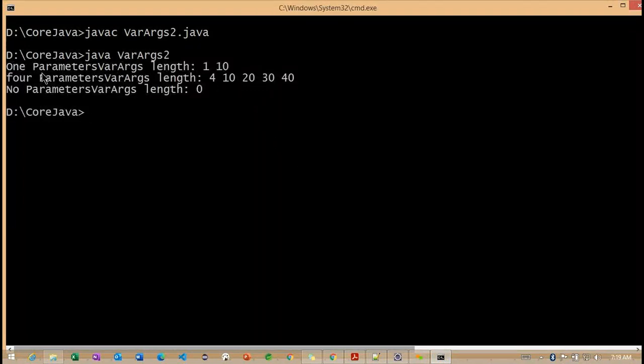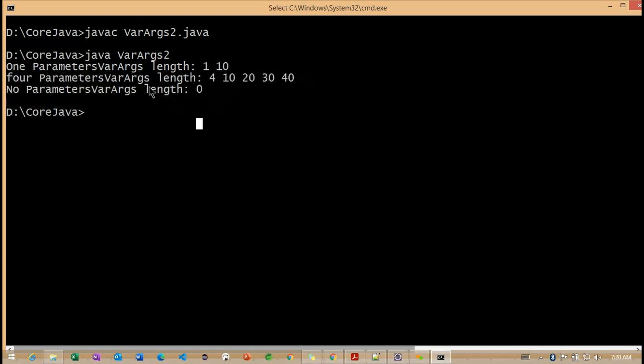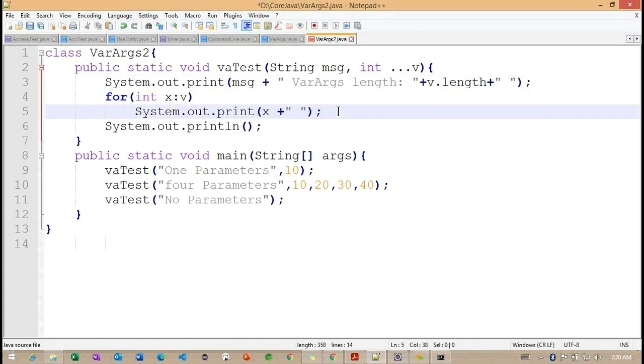And now you can observe, one parameter here, and the var length here we are having 1, and this is our actual value. In the same way 4 parameter, basically this is our string message, and the var length is equal to 4, and these are the values. And the third one, no parameters here, the length we are having 0. So this is the way we can check with different parameters here.